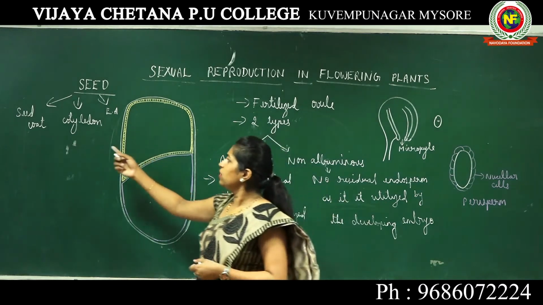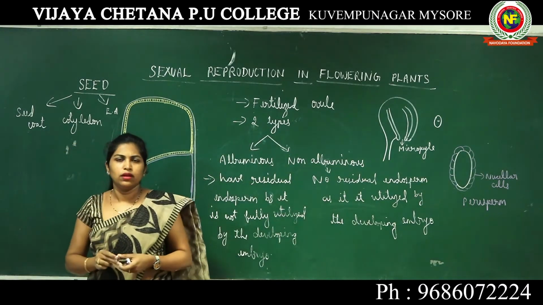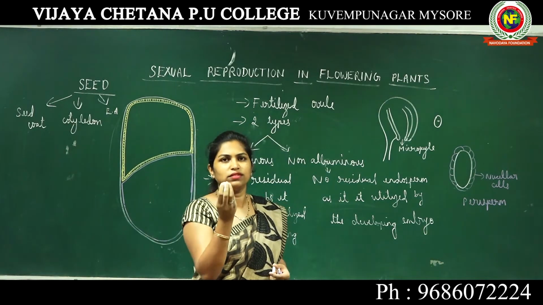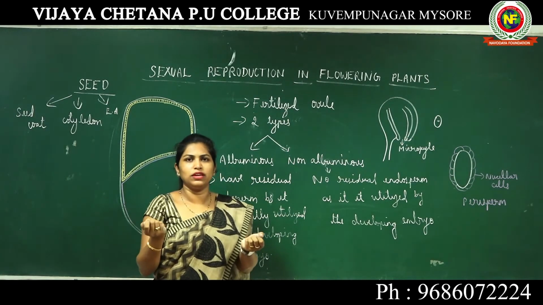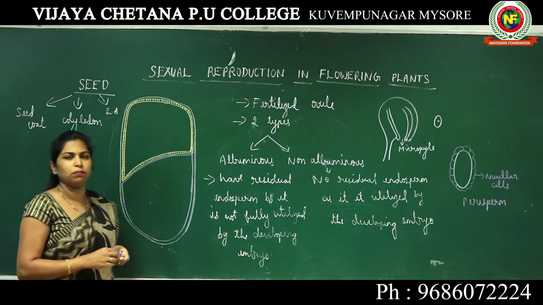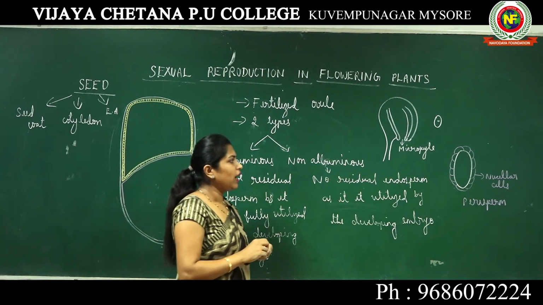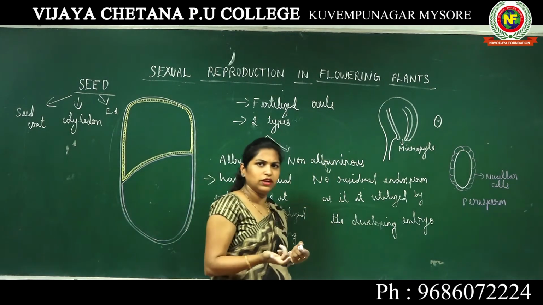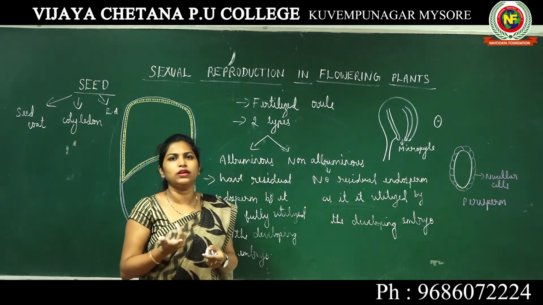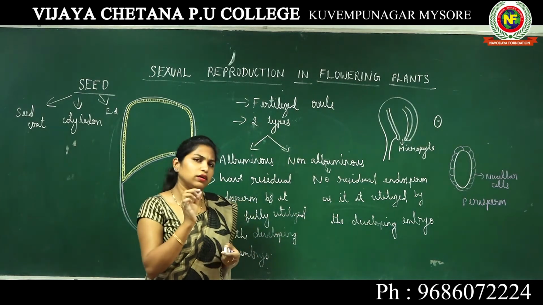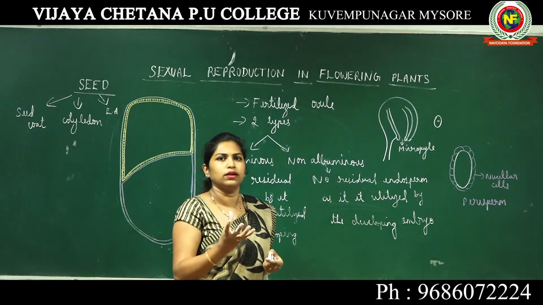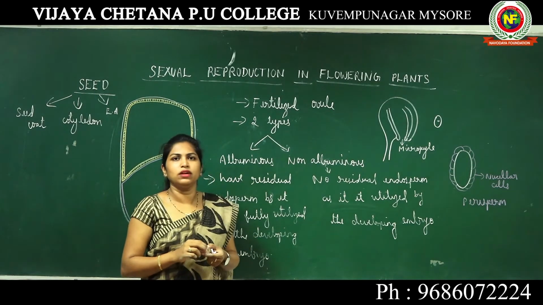What is a seed coat? The outermost layer of a seed. Whatever seed you take, the outermost layer that you touch is known as the seed coat. Only once you open the seed coat will you be able to find the two parts known as cotyledons and embryonal axis. I mentioned the seed coat is the outermost layer of a seed. Where is it coming from? How is a seed coat formed? If you touch and feel any seed, the seed coat is always tough, or hard. Which structure forms the seed coat?